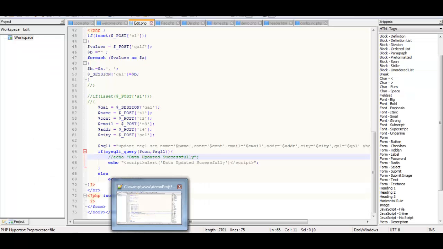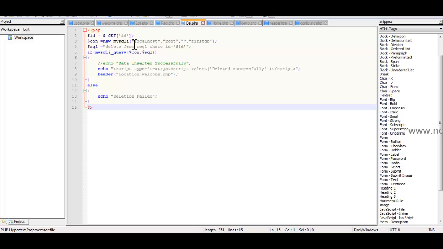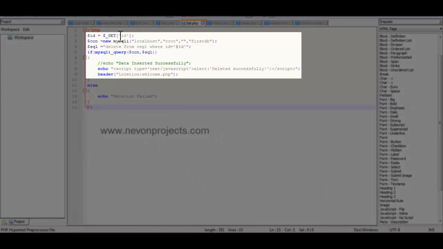Okay, so now let's go to the coding part of this. The same way, in order to identify for which user's information should be deleted, I've passed the ID of the registered user in the URL, and in order to fetch that ID, I've written $_GET['ID'], which is the value that I've passed in the URL, and I'm storing that in the variable $ID. So the next step is to again write the connection string first, passing the 4 parameters,